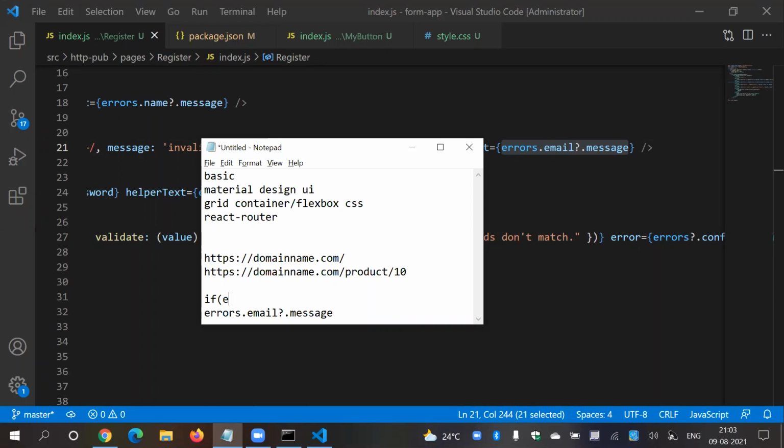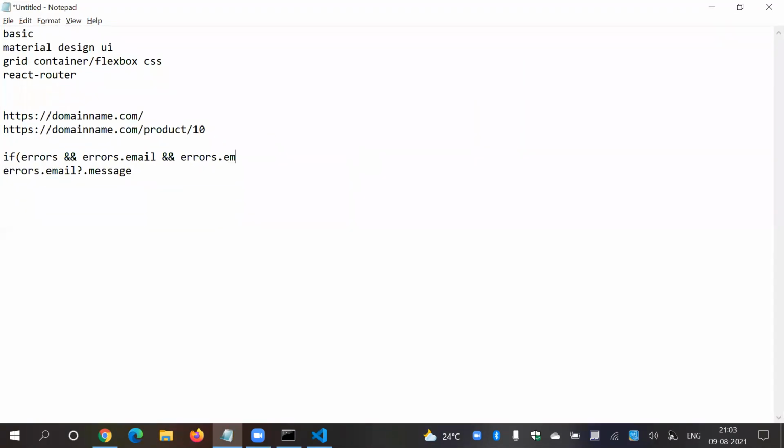If errors, and errors dot email, and errors dot email dot message, then errors dot email dot message. So this means if errors is not null, then errors dot email is not null, then errors dot email dot message is not null.